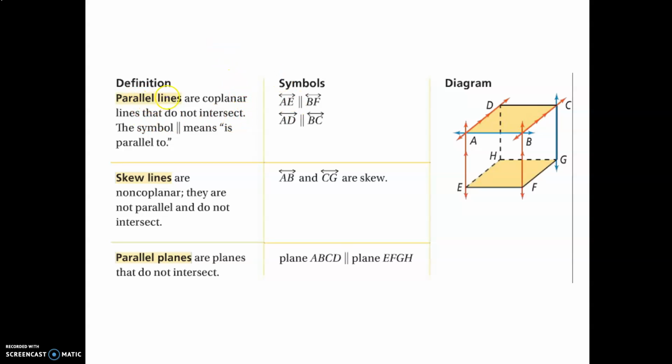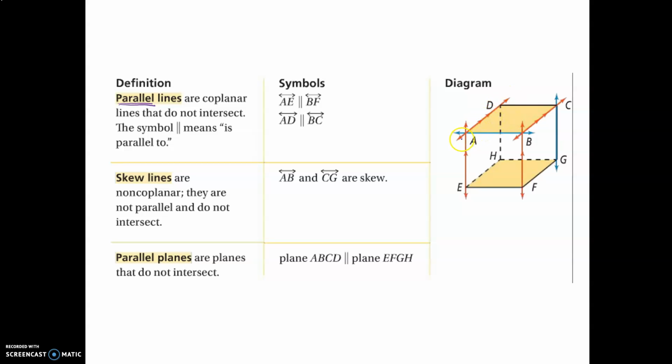The first vocab word is parallel lines. I think we've heard the word parallel before. So parallel, never gonna touch. But just to put the geometry, because we are gonna have to know the difference between parallel and skew, parallel lines are coplanar. So that means they are on the same plane. So if you look in this diagram,